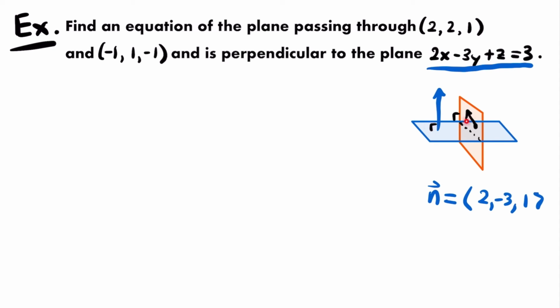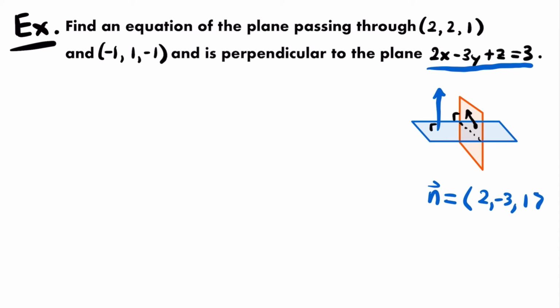And then we would have 2 vectors parallel to that plane, which if we took the cross product of, would give us a vector perpendicular to that plane. All right, the cross product of 2 vectors will always give you a vector perpendicular to both of those vectors. So if this vector is parallel to the plane, and the vector that we make using those 2 points in the plane is parallel to the plane, then those 2 vectors will have a cross product that is perpendicular to the plane. Okay, so we're going to use this vector as one of those vectors in that cross product,